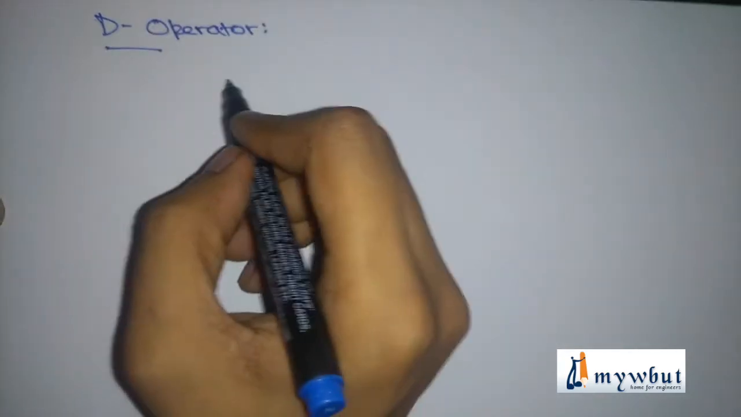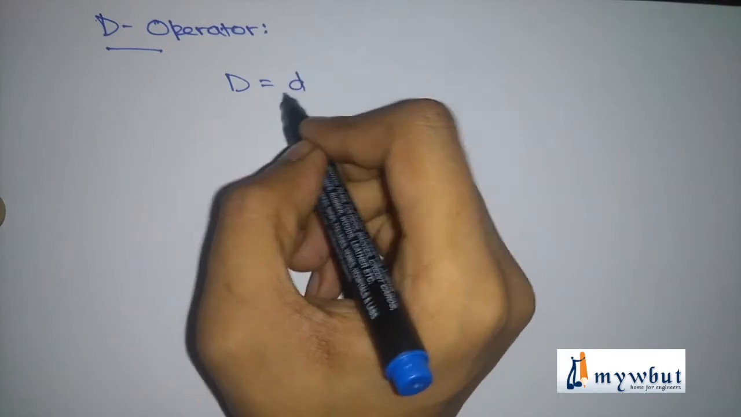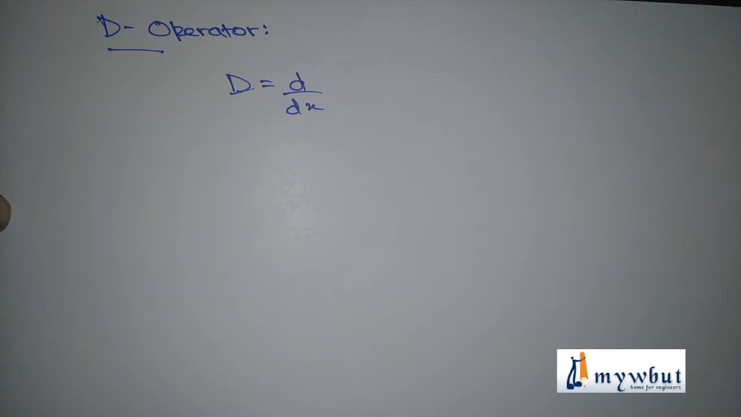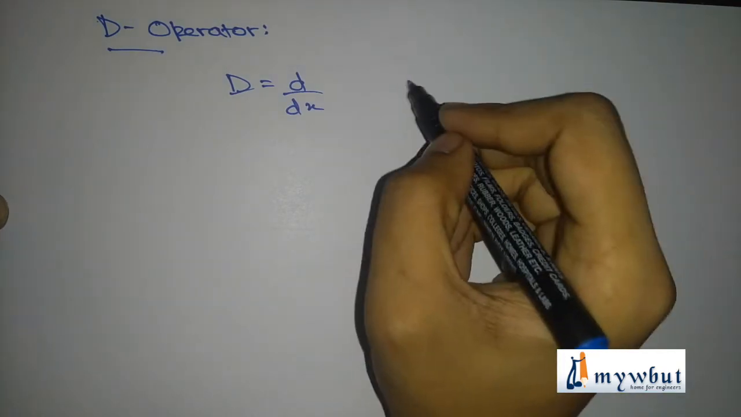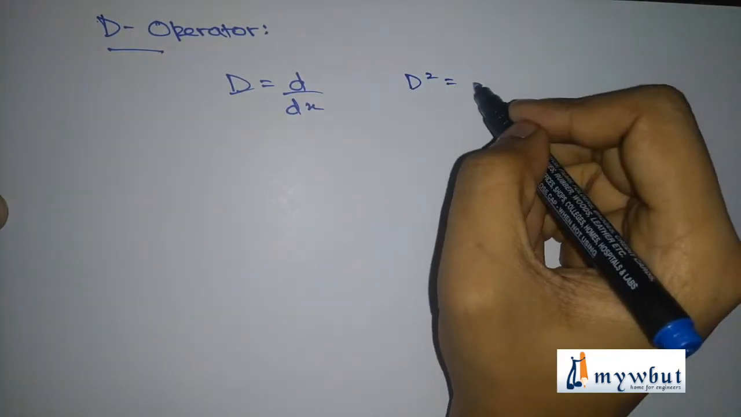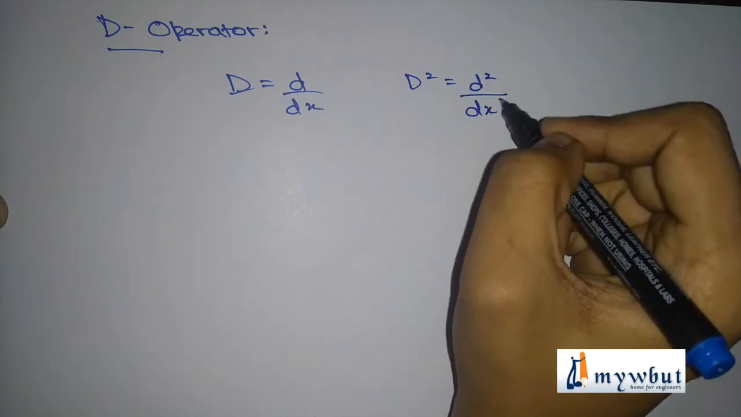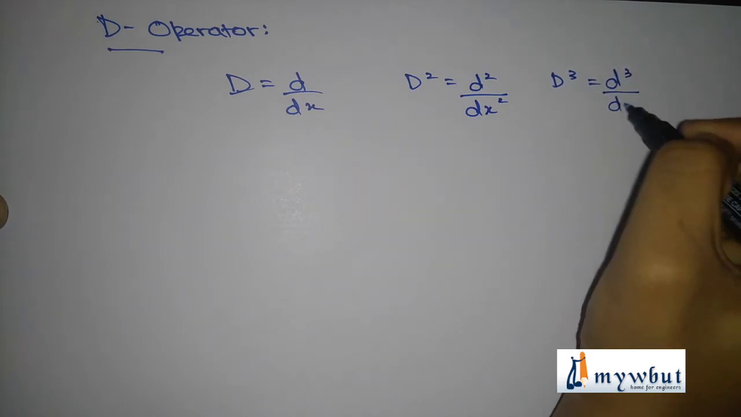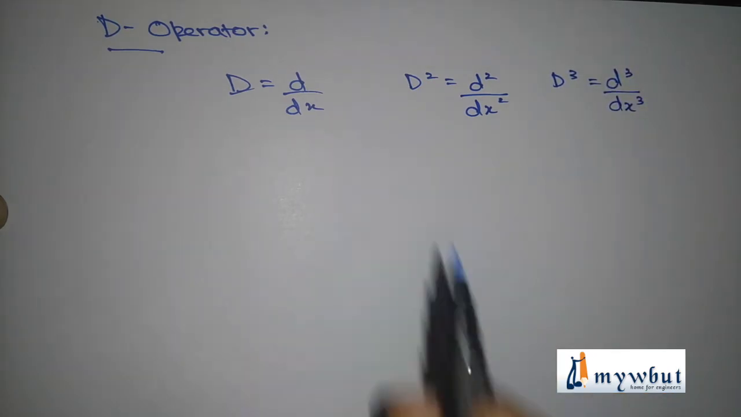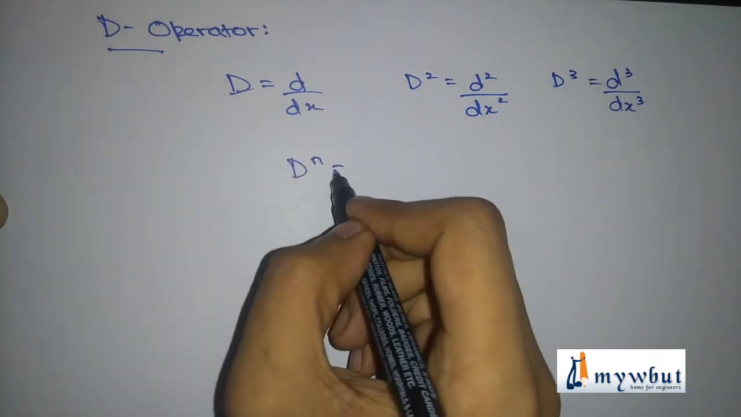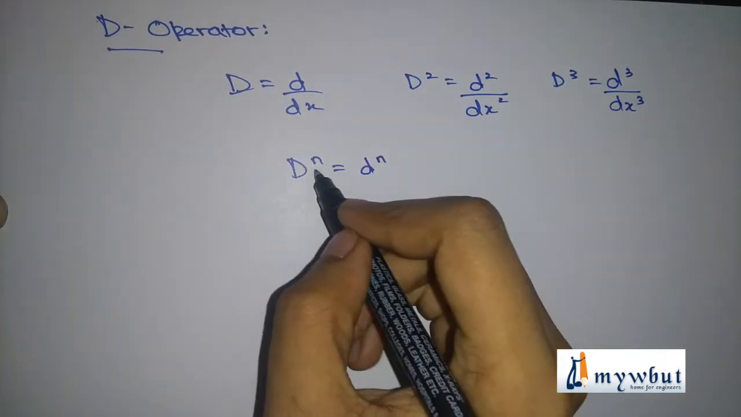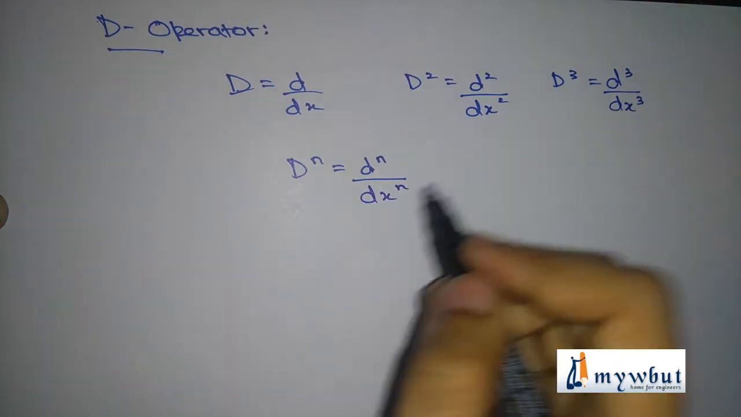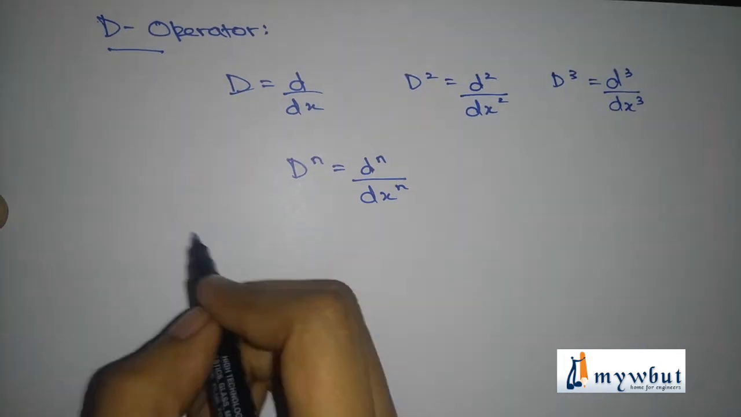So what is the D operator? D operator is d/dx. Any differential with respect to x is known as the D operator. So what would be D squared? d²/dx². What would be D cube? d³/dx³. So similarly, D^n would be d^n/dx^n. So substituting this in equation 2,